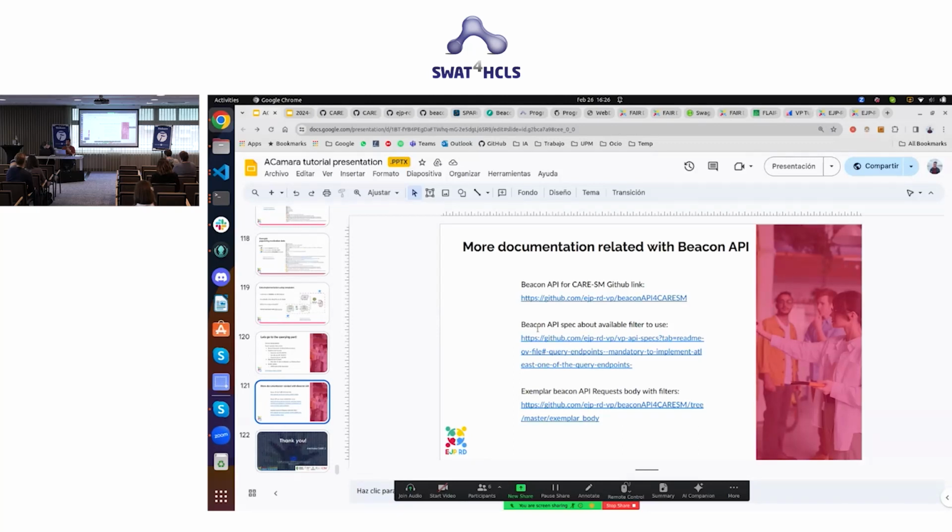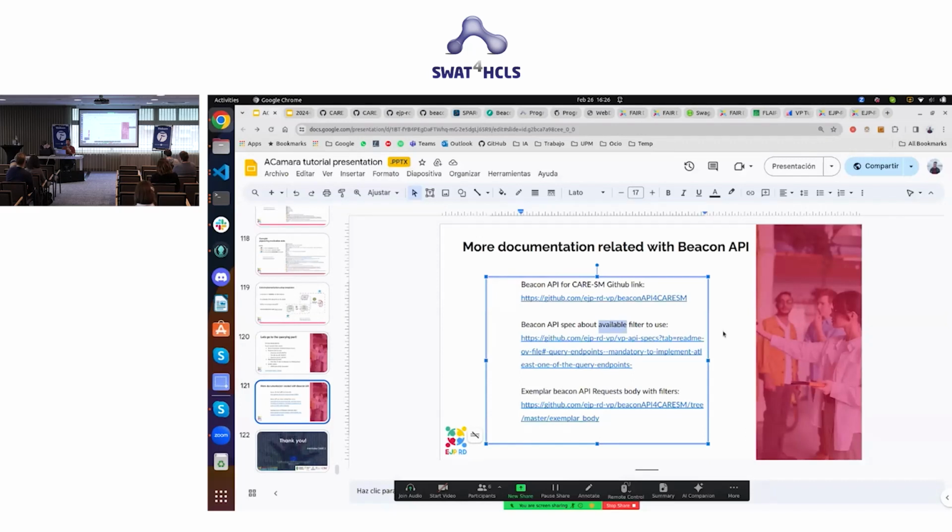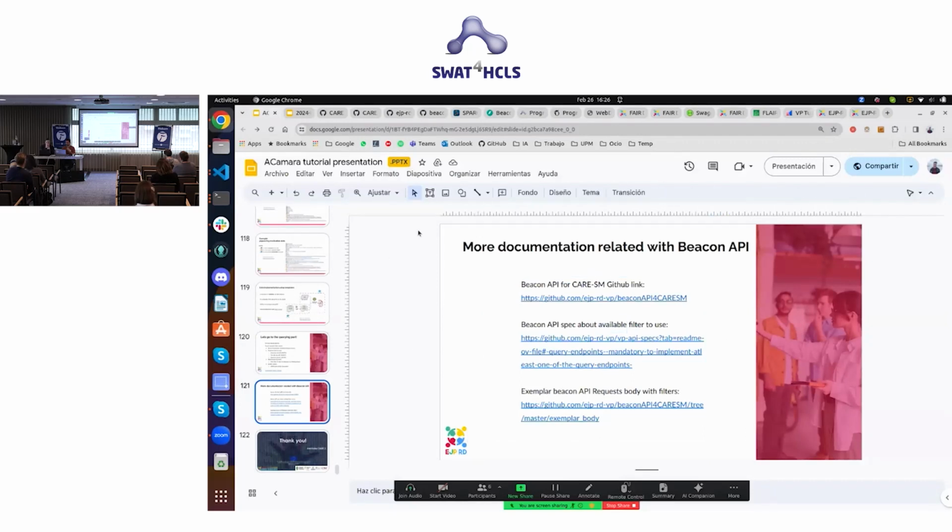You can also know which are the available filters that can be used to use Beacon, and also the exemplar request bodies that I have shown you, the 6 that I have created for this tutorial. You can inspect them on the GitHub. Also, you have the link, so be happy to check it